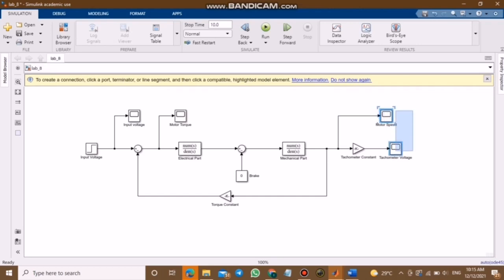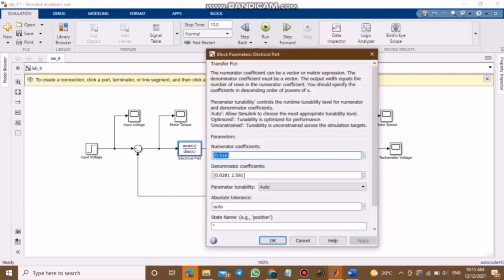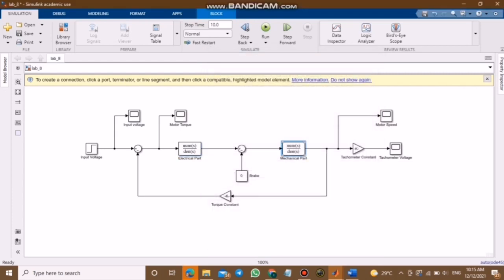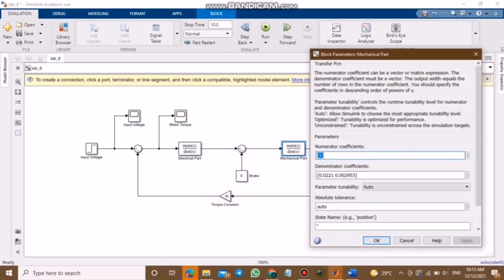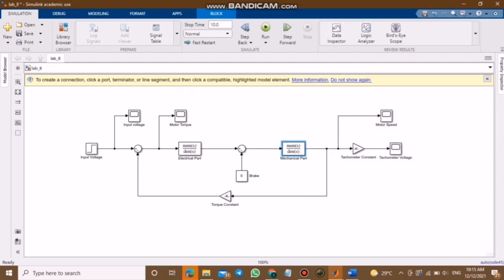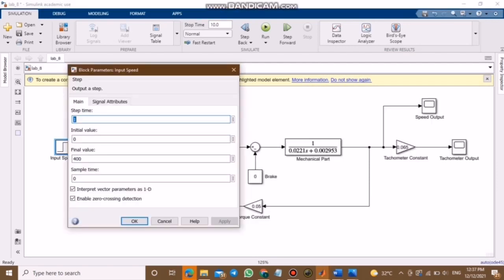Then we put input voltage, motor torque, motor speed, tachometer voltage, gain, brake, and the transfer function. We put the numerator and denominator, same as mechanical part. We put numerator and denominator. Next, for figure